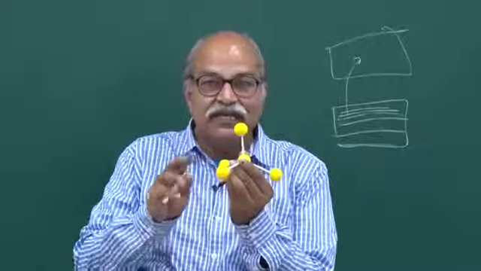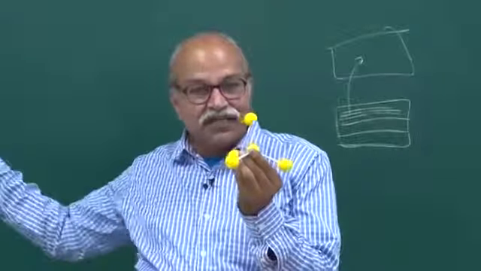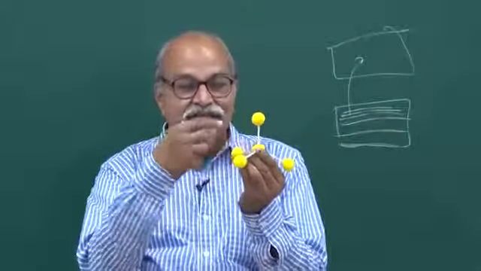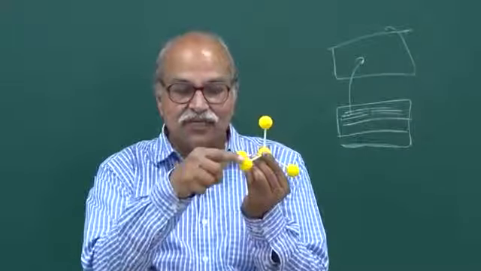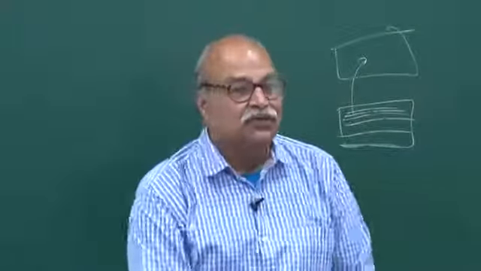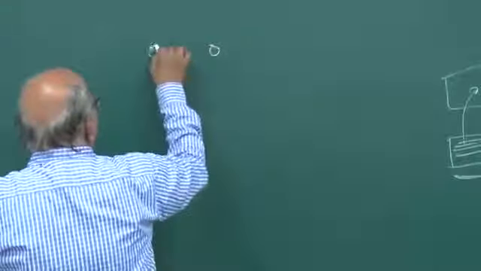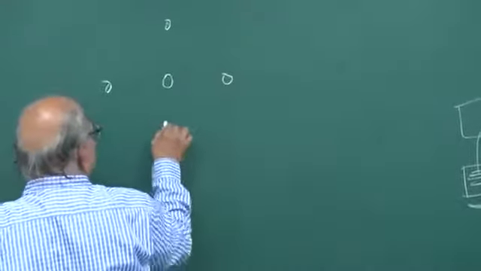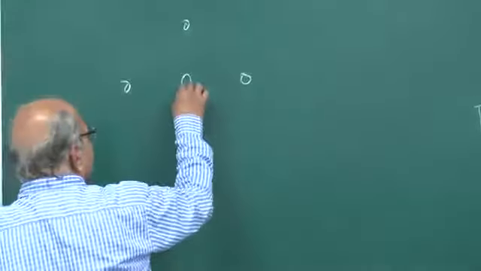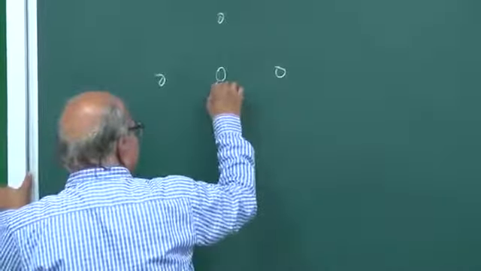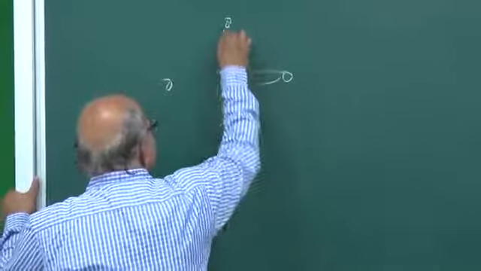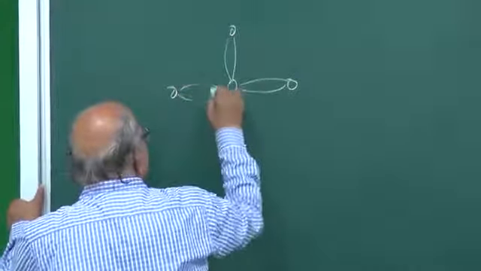If I draw a 2-dimensional picture of this, each silicon is bonded to 4 of them. So for discussion I can draw a picture like this: 1, 2, 3 and 4. So this is bonded. 2 sp3 electrons are here, 2 sp3 electrons are here, 2 sp3 electrons are here, like